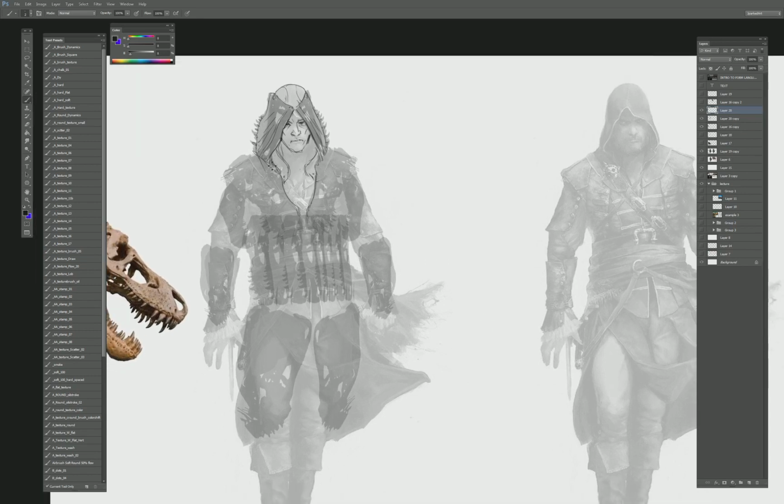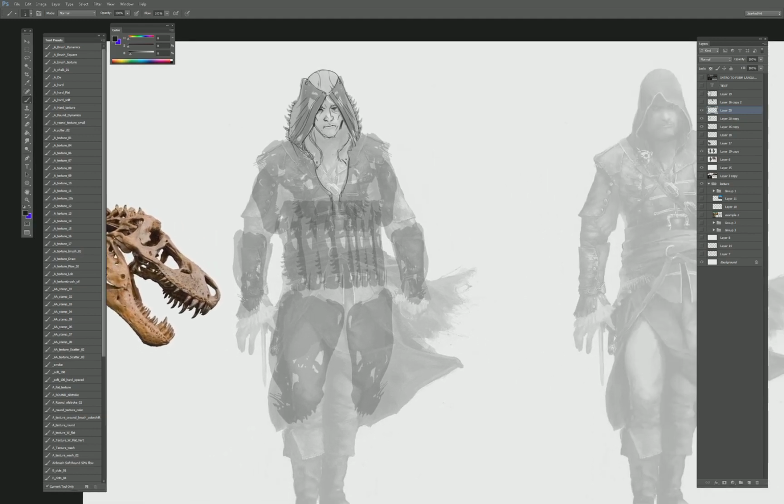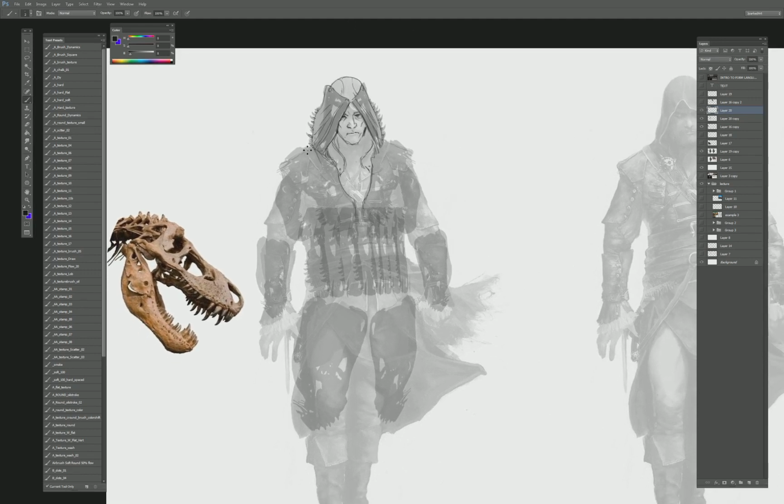And now, again, the shapes of this, it's all 80% dino inspired, right? Meaning 80% of the shapes that I'm using are dino based, and that's why we plastered the silhouette over our character quite excessively. But the clothing, though, is still going to be based off of things that are recognizable, right? It's still cloth. It can be armored